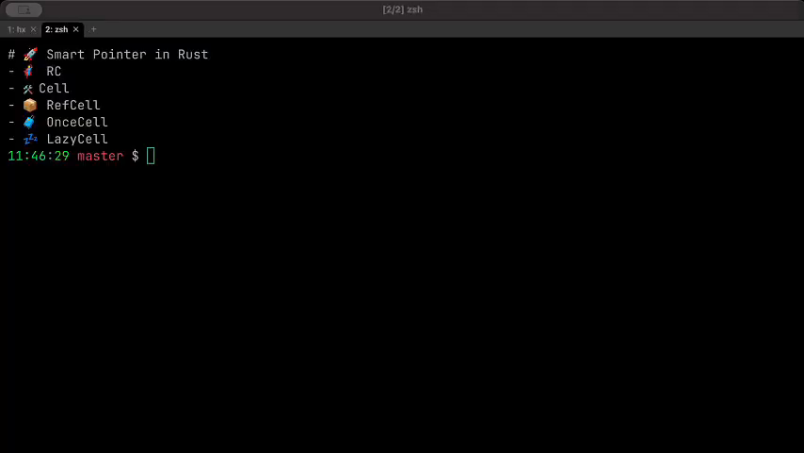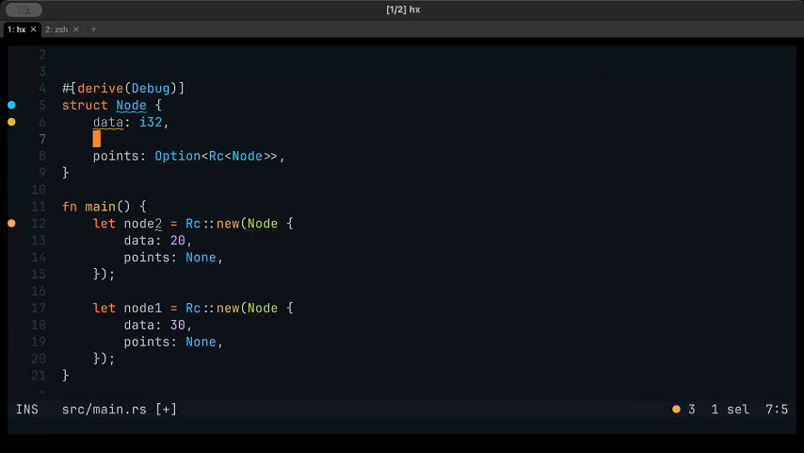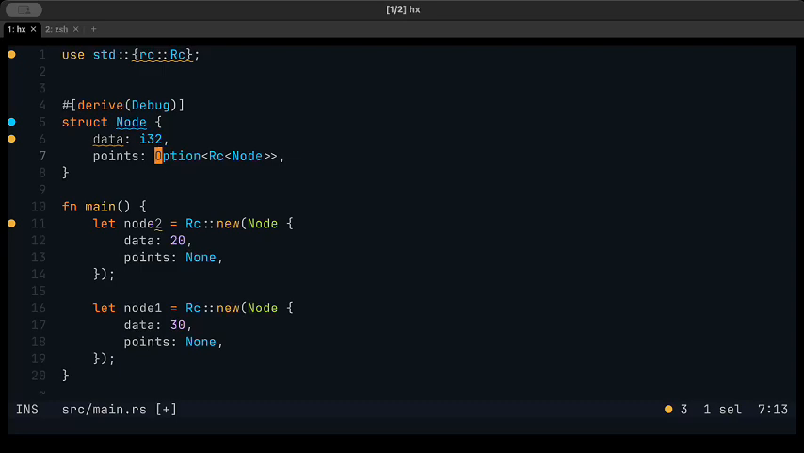Now, after we understand Rc, Cell, RefCell, and we understand how we can easily run into memory leaks, let's move to OnceCell. Again, pretty useful. So as the name suggests, OnceCell, meaning you can only achieve interior mutability once. If you try to do it twice, you will get an error. So let's see. Let's say we wrap it in OnceCell,